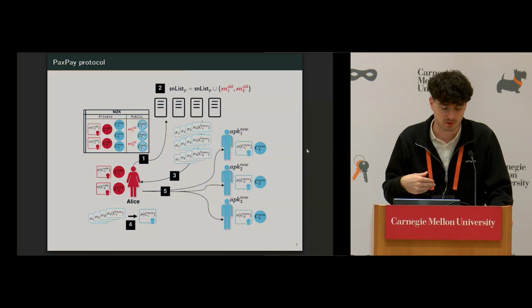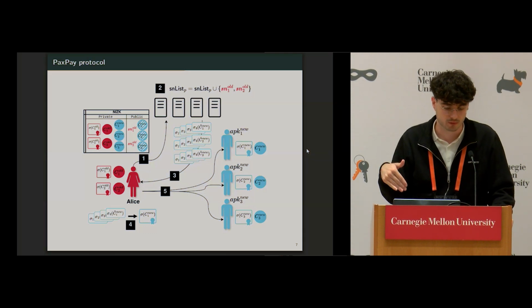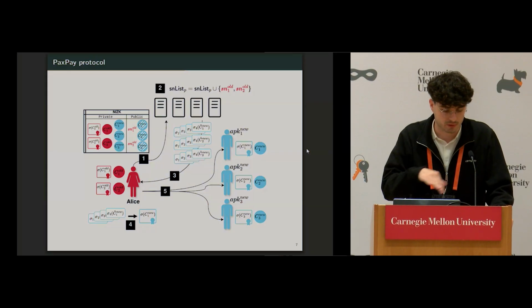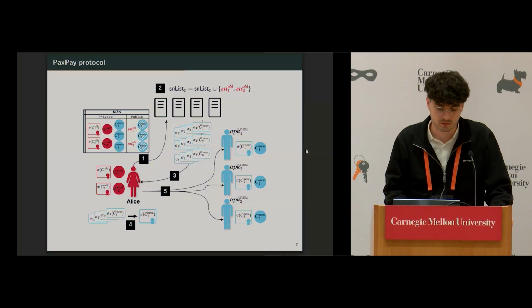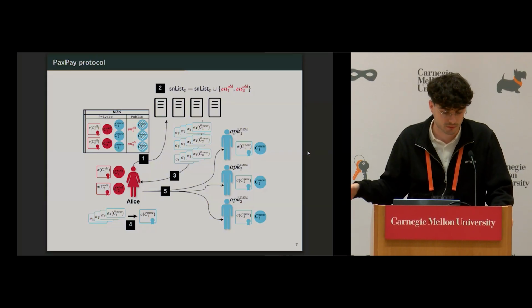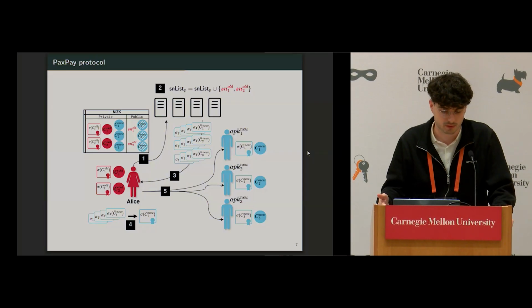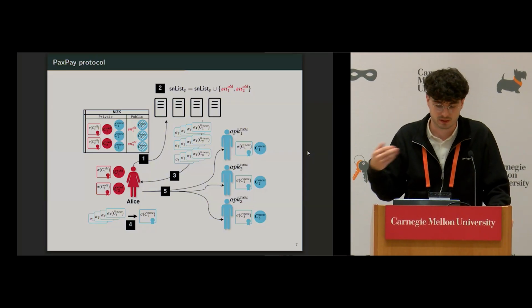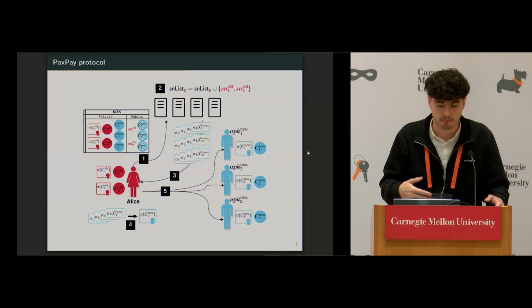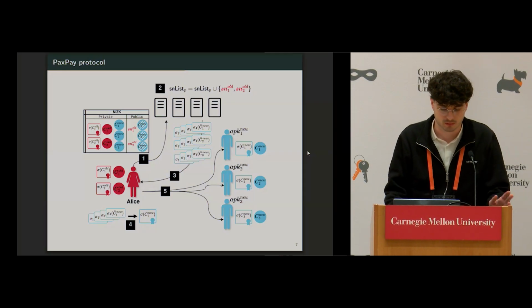Alice receives several signatures for each of the new coins. She can aggregate the signatures into a certificate and then send to each receiver of the payment the coin and the associated certificate. And now the payment is done. The receivers just receive the certificates and the coins, and they know that the payment is legit, and they will be able to spend the money.